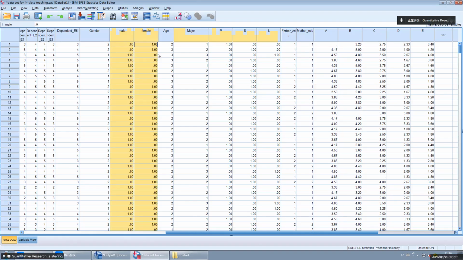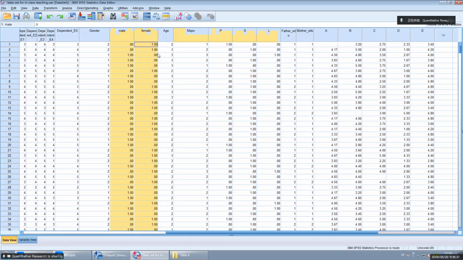What does reference mean? Reference means this group is being compared to, right? It will be used for comparison.